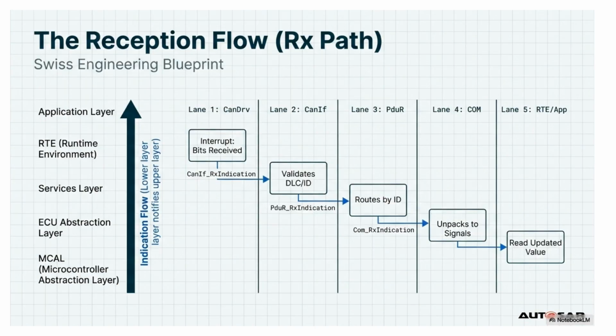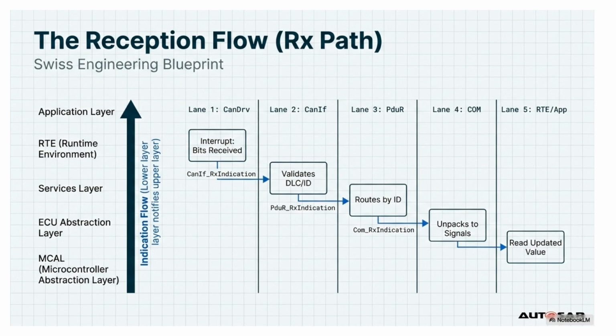The reception flow, or RX path, is an indication-based process that moves data upward from the physical bus to the application. It starts when the hardware controller receives bits from the network, triggering an interrupt in the MCAL CAN driver. The driver then notifies the bus interface, CANIF, via the CANIF_RX indication callback. CANIF performs essential validation of the identifier and data length code, DLC, to ensure the message is relevant to the